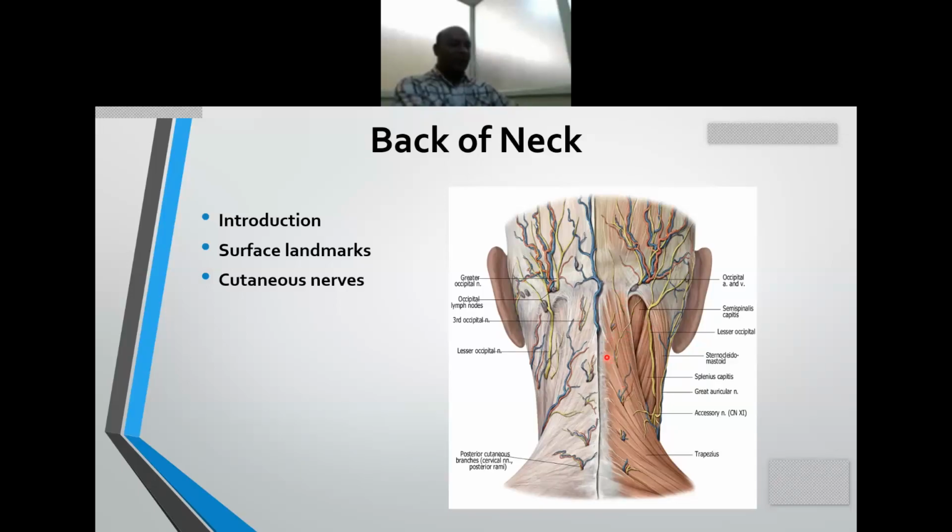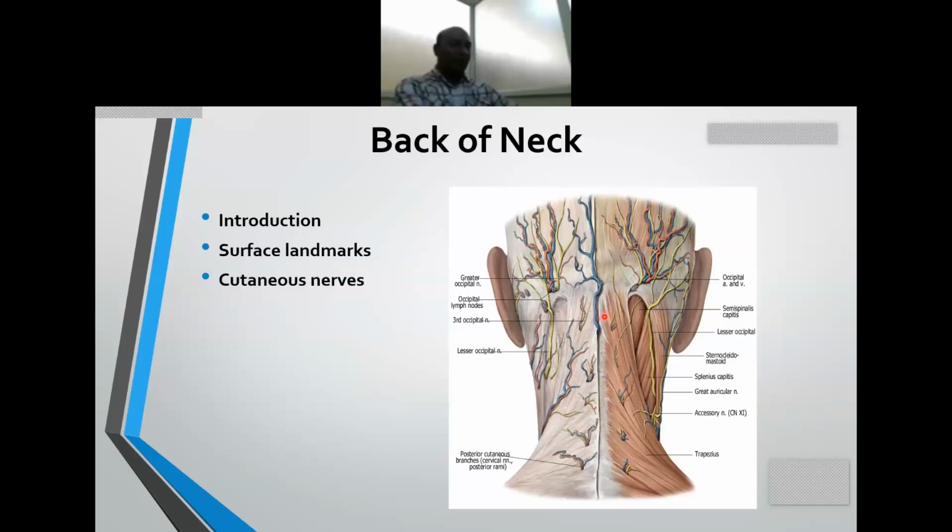C2 onwards, the dorsal rami supply the back of the lower part of the skull as well as the back of the neck, and as you go down, the medial branches initially in the neck and upper part of the thorax, the medial branches of the cervical spinal nerves give cutaneous innervation. But as you go down into the lower back, in the thoracic region, lower half of the thorax and the lumbar region, the dorsal rami medial branches do not provide cutaneous innervation that much. It will be the lateral branches that provide cutaneous innervation.